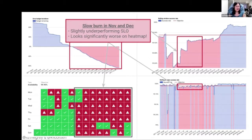We can see that in the upper left-hand corner, we're burning down slightly faster than we should be in order to meet our SLO, and cumulatively over the rolling windows, we can see that the success rate remains about constant, but is below our target. And finally, we can see on the view of each day that we are short of where we need to be. And all 4 of these views are in one way or another expressed within the Honeycomb SLO UI,